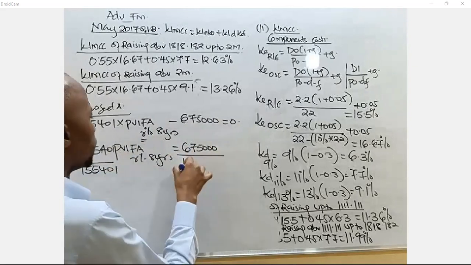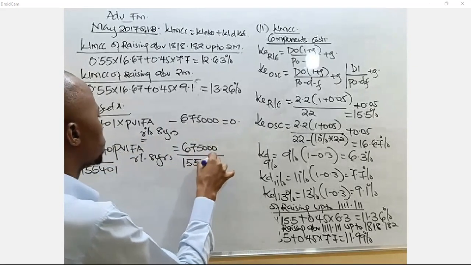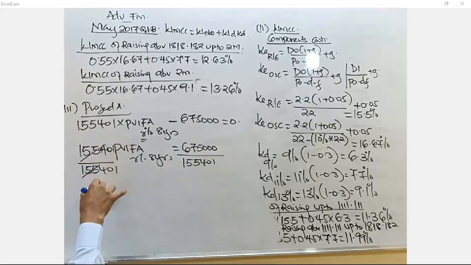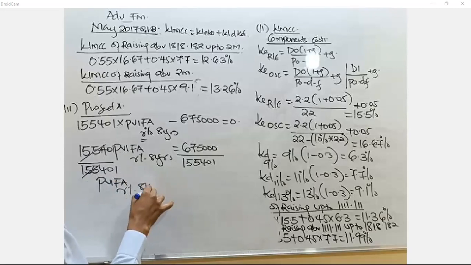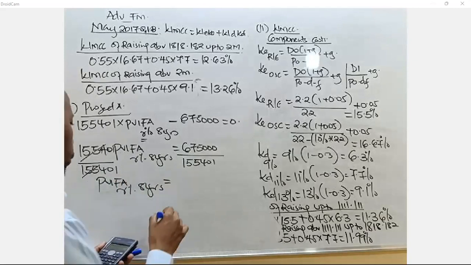You divide here by 155.41. So the present value interest factor annuity, R%, 8 years. How much are we getting here? We just need to take 675,000, we divide it by 155.41, getting